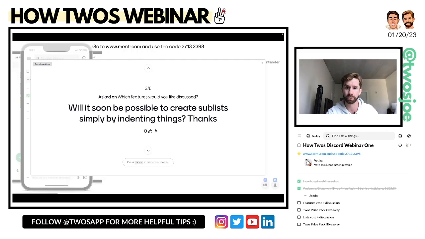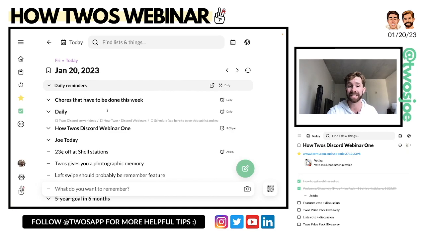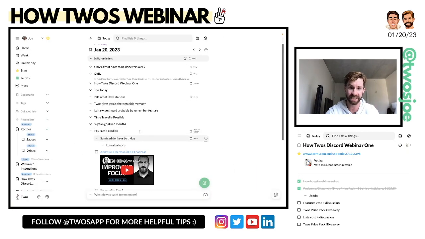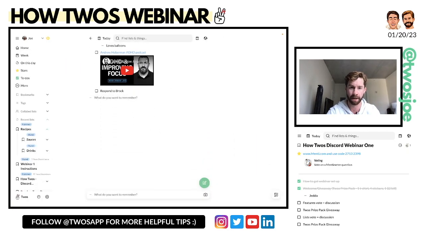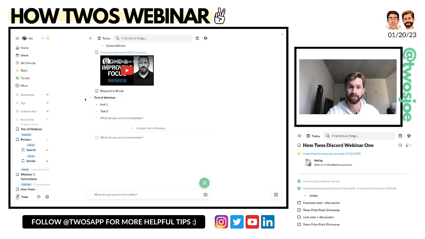Will it soon be possible to create sublists simply by indenting things? That actually is available now. I do believe that it may or may not be on the desktop app yet, but here is an example. If I create a thing right here, and then I indent some things below it, test 1, test 2, and then I select this thing and I click Sublist,